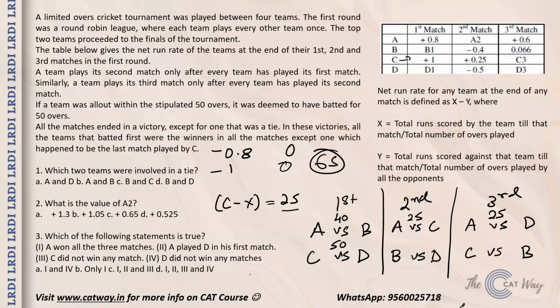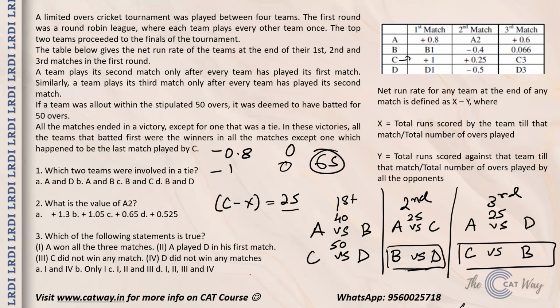Also, you know that between B and C, the match that they have played could not have ended as a draw, because if you see, the net run rate of B is increasing. So it is not possible for that case to take place. So definitely there was a result in the match of C and B, and in that case there is only one match left which could have ended in a tie, that is B versus D,